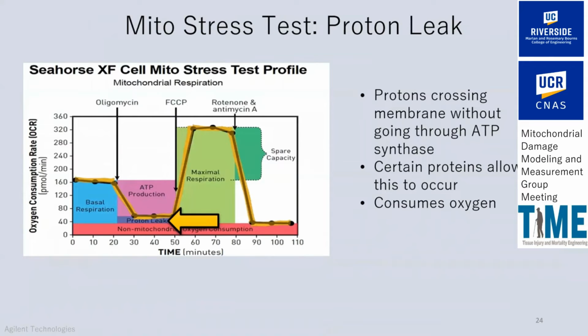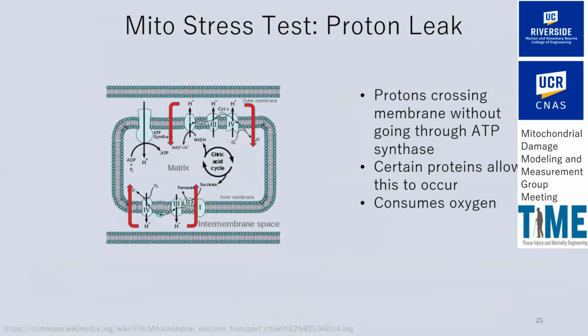Finally, we have proton leak. As I mentioned earlier, this is the amount of protons that cross the membrane without going through ATP synthase. This can occur a number of ways. They can cross directly through the membrane, but they can also pass through specific proteins in the mitochondrial membrane that allow this. There is evidence that this can be part of a deliberate process to regulate reactive oxygen species